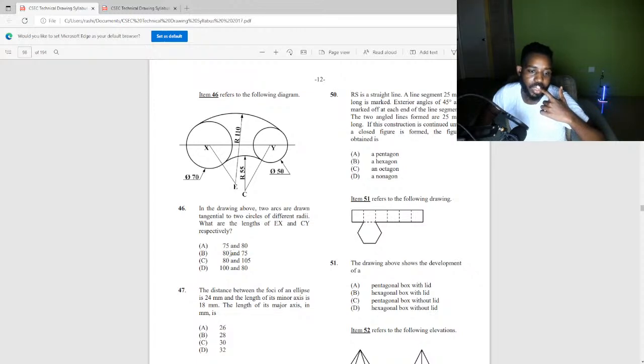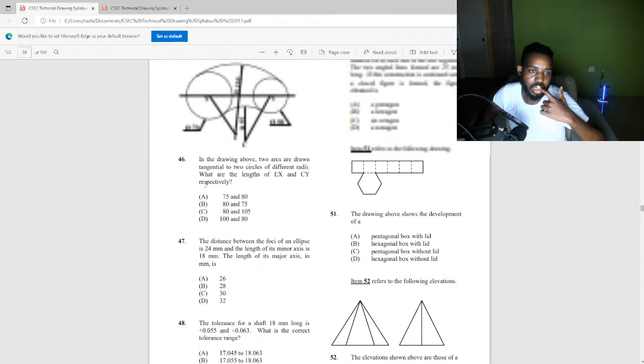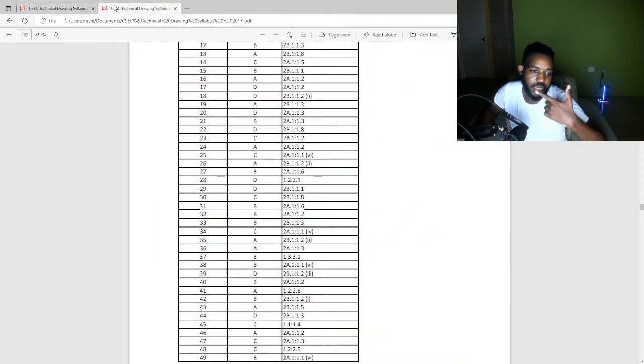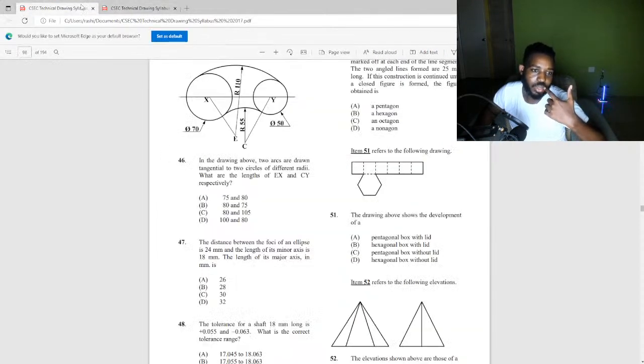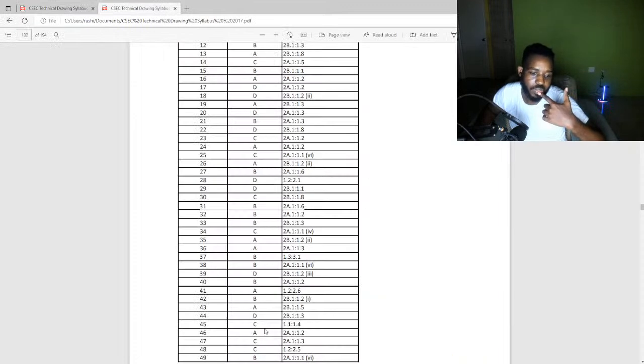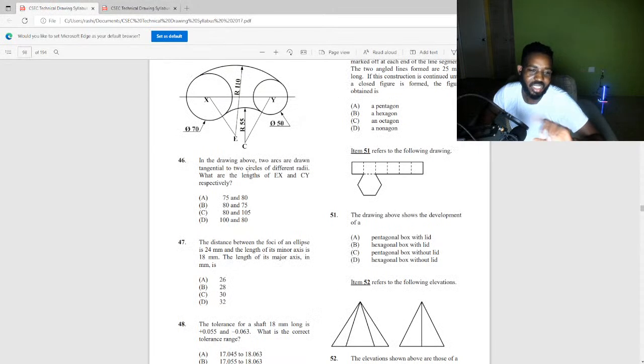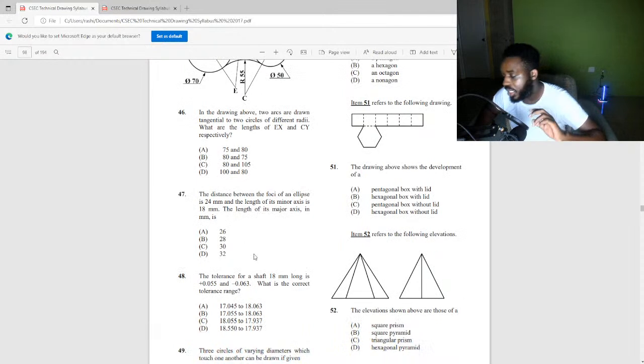All right, we can double check that. That's B, 80 and 75. Which number is this? 46. Wait, 46 is A, 75 and 80, EX and CY. Yeah, 75 and 80, because the 75 is on this side and the 35 plus the 25 is on this side. So it's 75 and 80, not 80 and 25. Number 47 says, the distance between the foci of an ellipse is